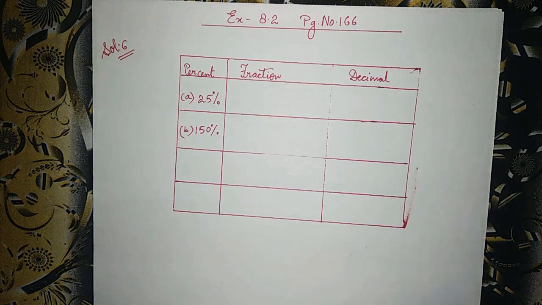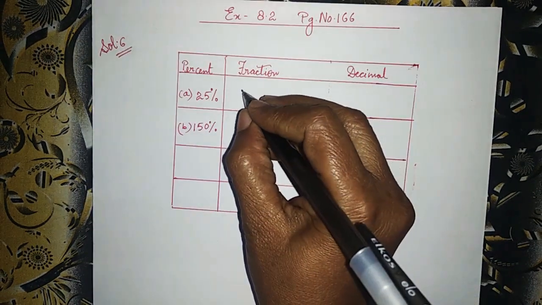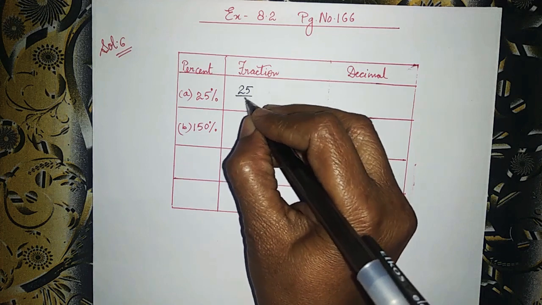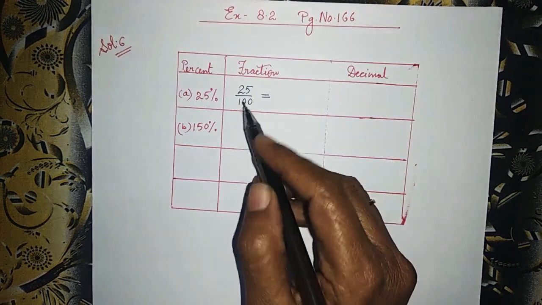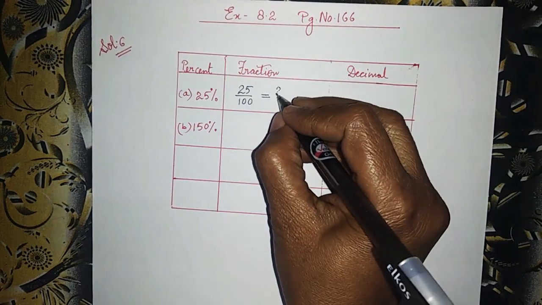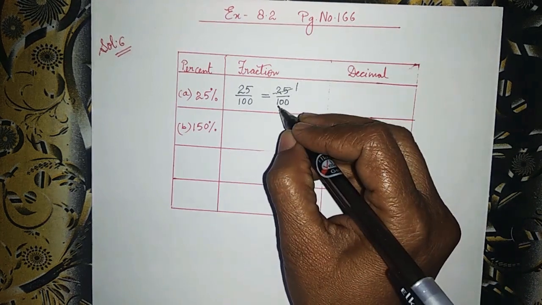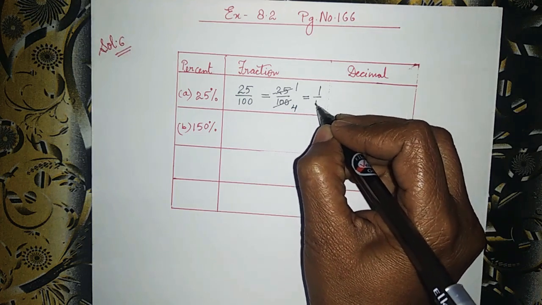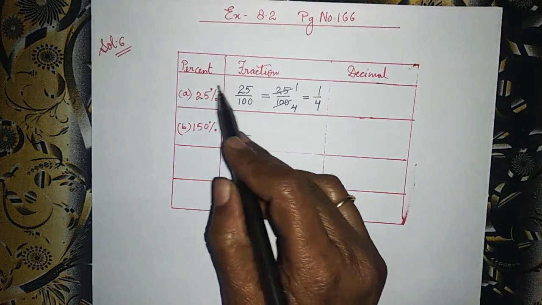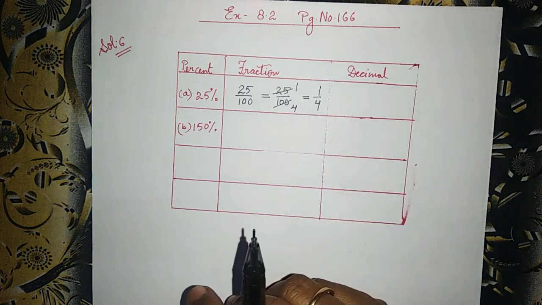Okay, first I will tell you how you will write 25% in fraction. Okay, so for 25% here you will write 25 upon 100. Okay, and when we simplify 25 upon 100, then you know what we will get? 25 ones are 25, 25 fours are 100. So we will get here 1 by 4. Here 25% I have written in fraction and it is coming 1 by 4.